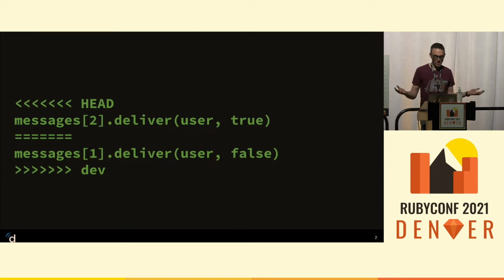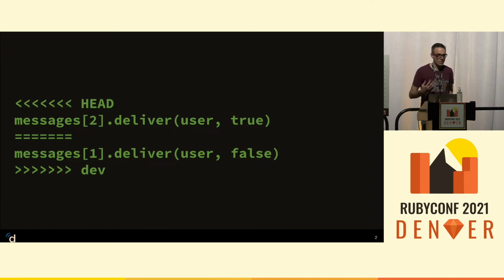So in general, the process we have to go through here is to understand the change that happened on both of the branches that we're merging. And just by looking at this conflict, I have no idea what to do here. Maybe someone else on my team made this change in my branch, and oh gosh, I don't even know what my change was, right? So I could go look at the pull request diff and reapply changes from my branch to the master branch, or I could go look at what's changed in master since I merged and apply those changes to mine, or maybe I need to examine the surrounding code and try to understand that better. I could git blame and try to talk to people, right?